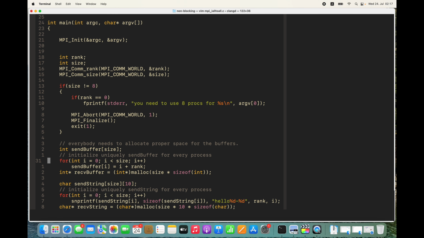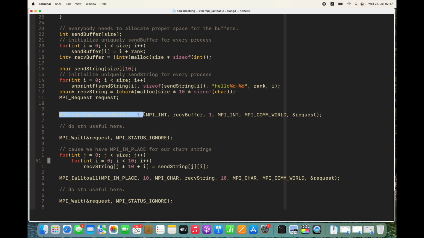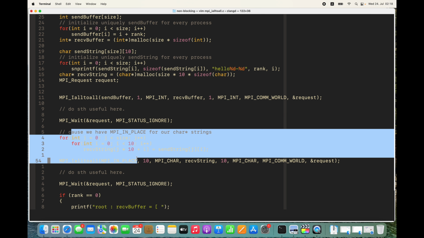I go slowly again. Again, everything is the same, but we have a request handle defined here. We call MPI_Ialltoall. We pass in the intra-communicator and the request handle. You can do something useful here, and then you must have this MPI_Wait call before you try to access